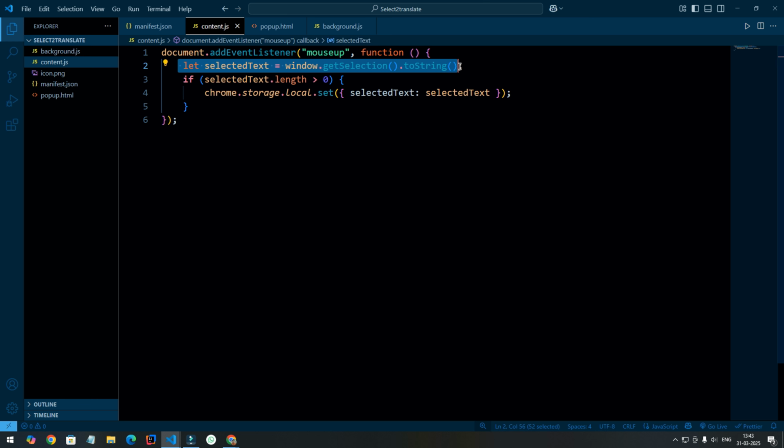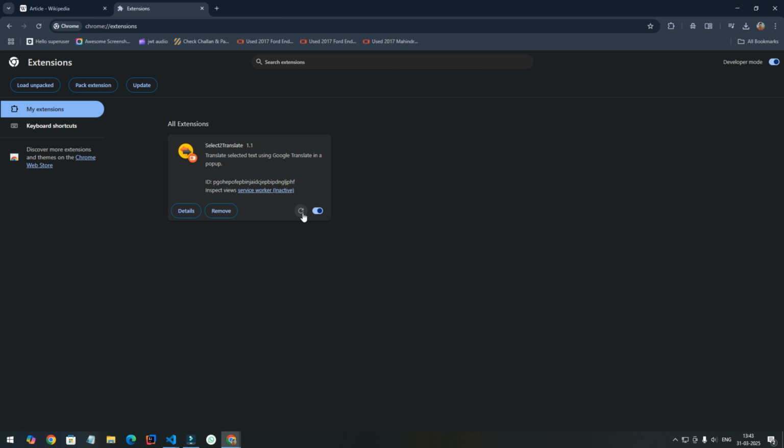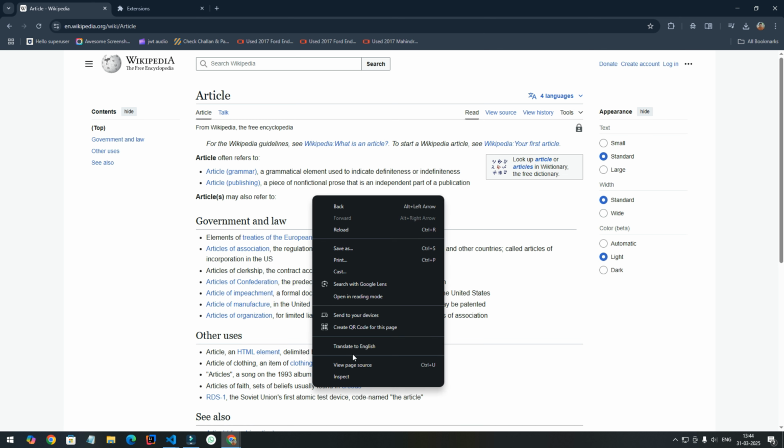And then inside the event listener, we will retrieve the text currently selected by the user and ensure that there is a selected text. And then we store the selected text in Chrome's local storage under the key selectedText. And now when you save this file and refresh your Chrome extension, now go to the inspect and then